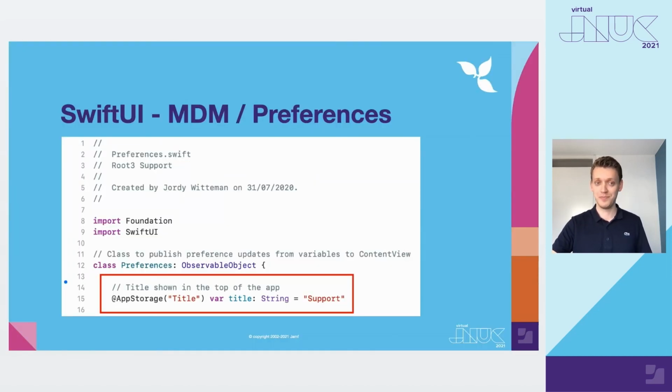Last slide with some code. For developers and administrators looking for a way to build MDM support, with SwiftUI, we have a lot of smart property wrappers at your disposal. One of them is AppStorage. AppStorage is built on top of user defaults and allows you to read and store preferences into one single line of code. And because it reads preferences, it's also able to interact with MDM and listen for values in configuration profiles. Apple has done a lot of work for us with this property wrapper, and changes into the configuration profile are observed automatically and instantly.